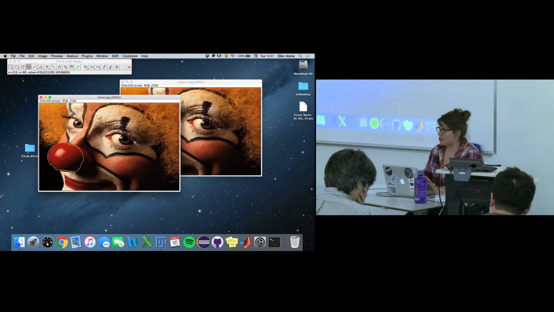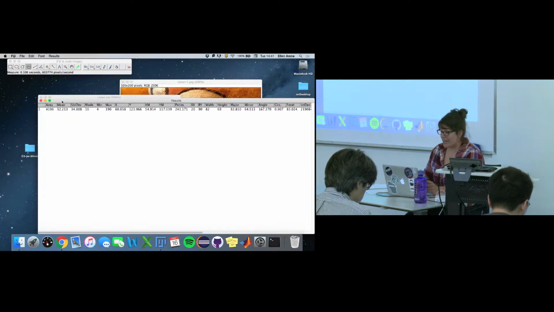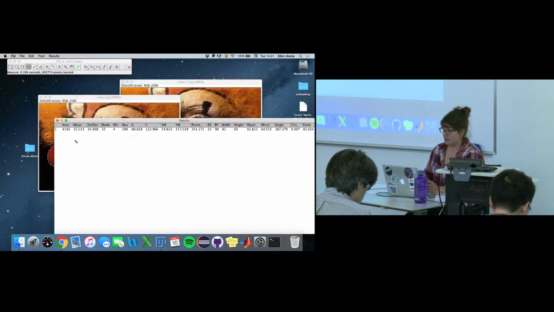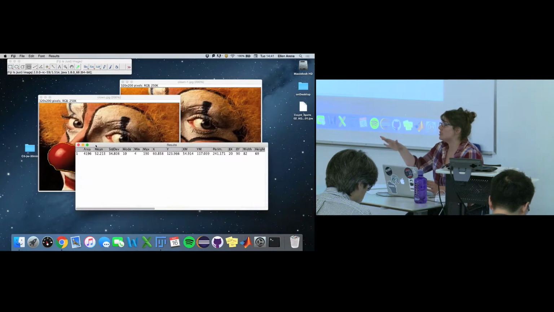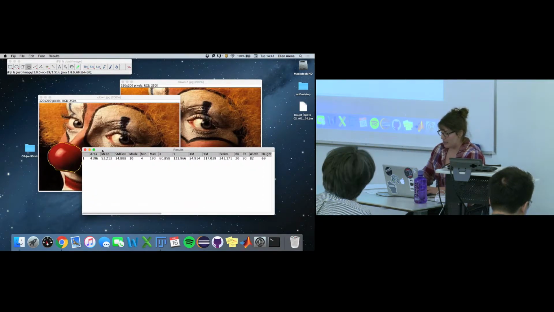Once you're happy with your selection, we're going to analyze and measure. We should get a results window that pops up. Now yours might not look exactly like mine, and the reason for that is because you can actually select what measurements are calculated. Just as an aside, if you go to a thing called set measurements,